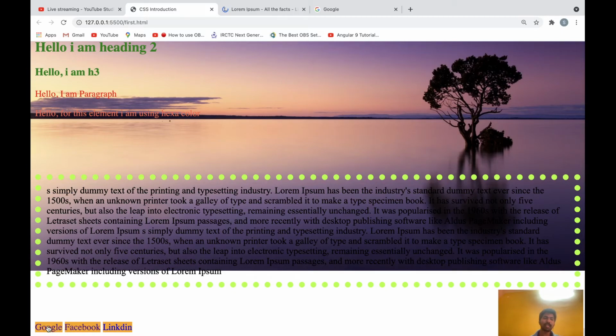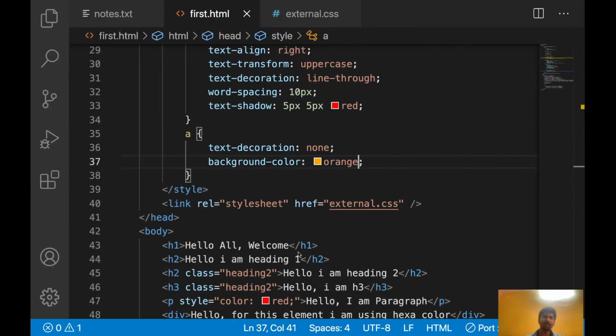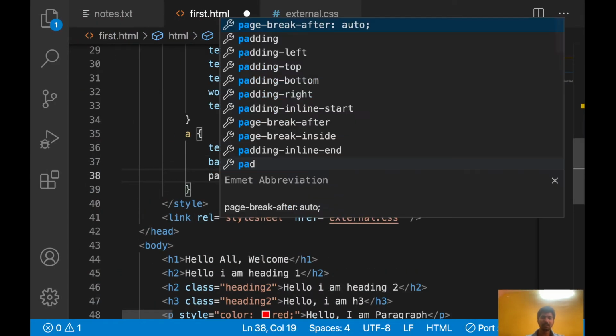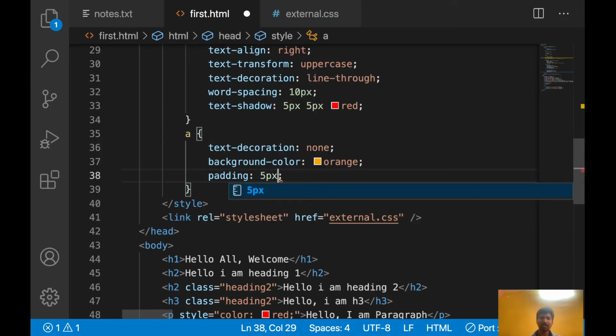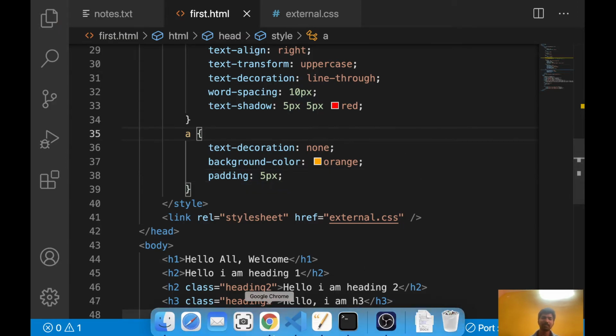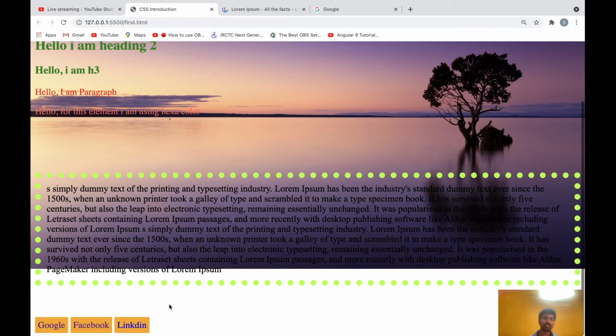Let's give some padding. Padding means the gap between the content and the border, the space surrounding the content. Let's say padding 5px. Now let's see. See, now it's looking good.